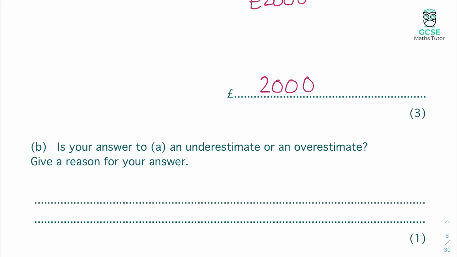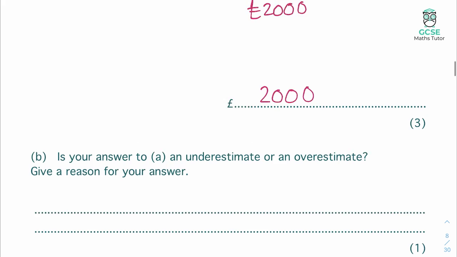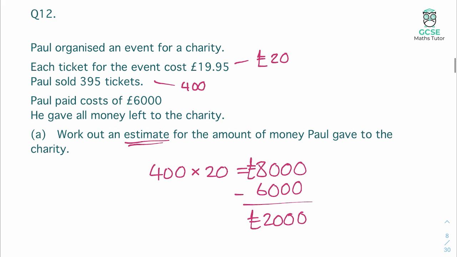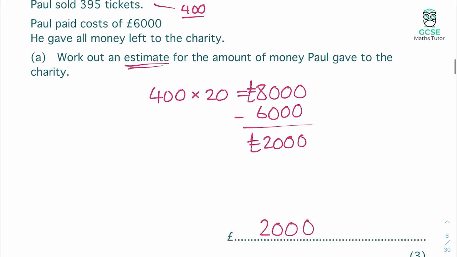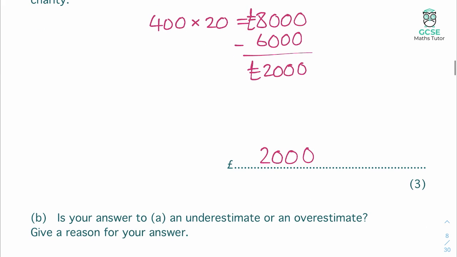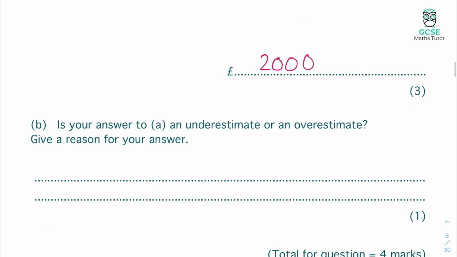Is your answer to part A an underestimate or an overestimate? Give a reason for your answer. Well, let's have a look. So here, we've actually rounded up the amount of tickets that he sells, and we've rounded up the amount of money. So actually, let's have a think. He'd actually have got less money than £8,000, wouldn't he? So he'd have got less money than £8,000, meaning that when we took away the 6,000, it would have been less than £2,000 that he's given to the charity. So our answer there is an overestimate,